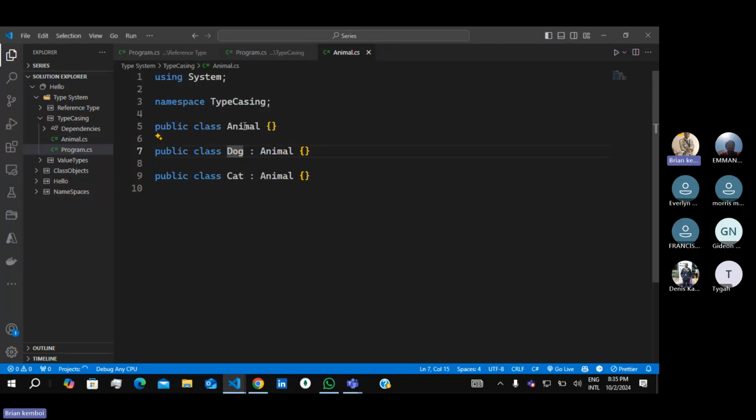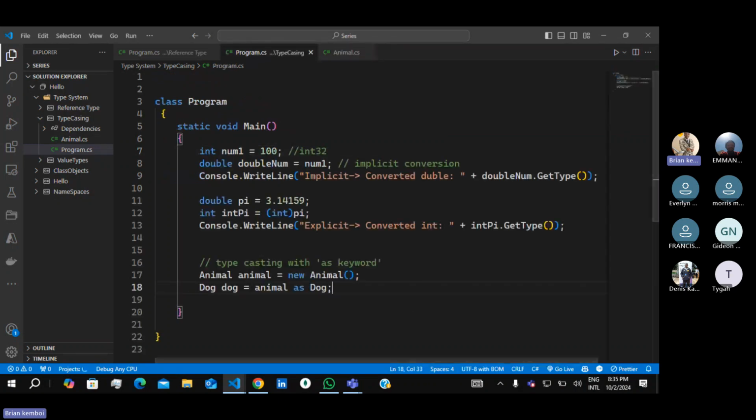So when casting an animal to a dog, it's like moving from a double to an int. You're moving from something that's too big to something that's too small. So I think that can be a way to explain. Okay,